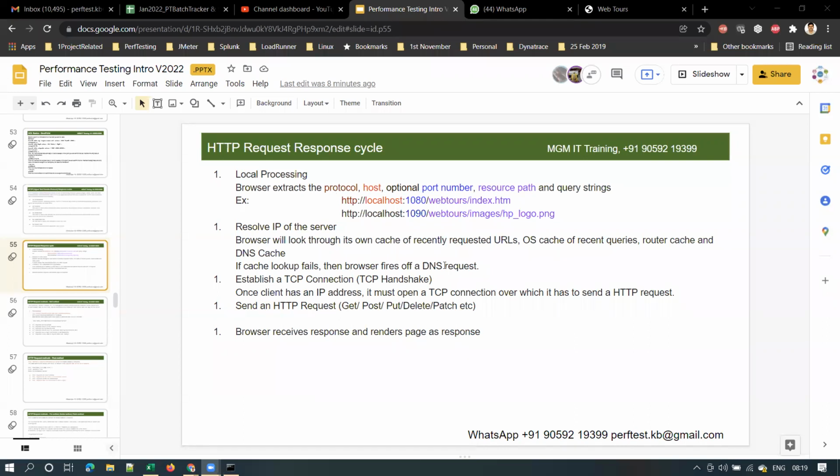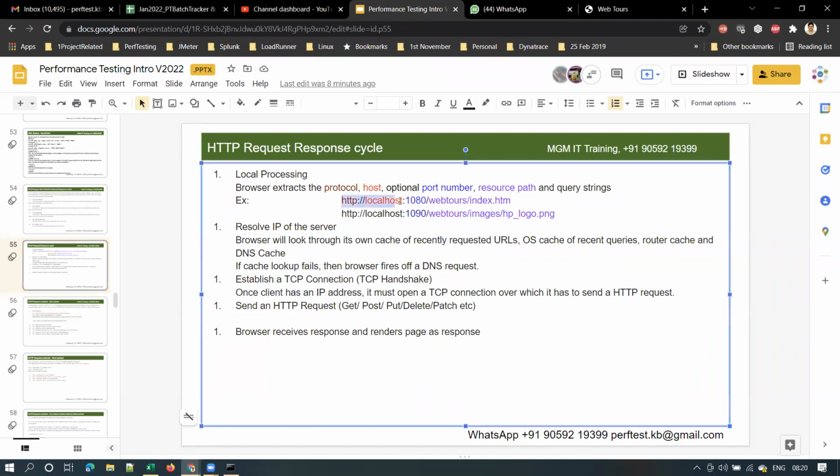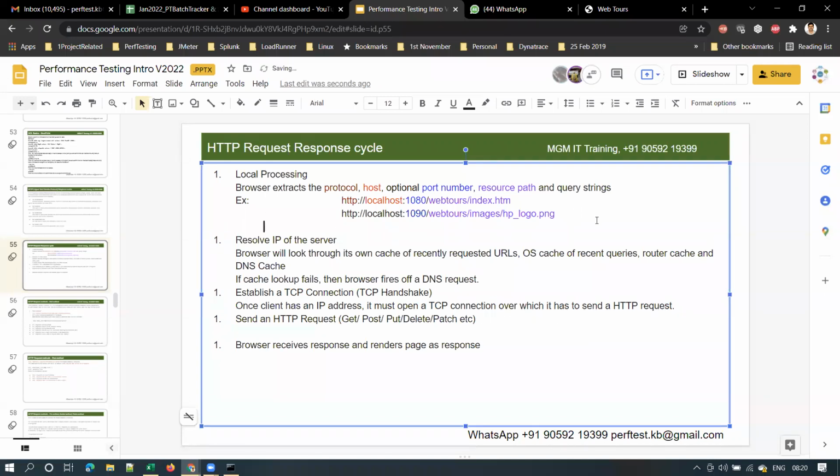We'll take one Amazon or Apple website, and one local application as well. As soon as you type the URL in the browser like this, I'll add one more example.